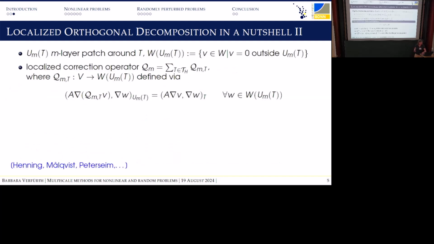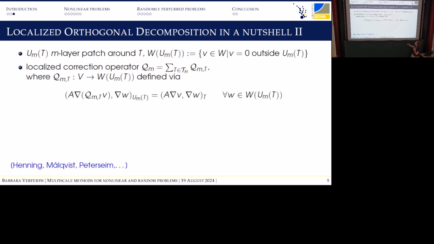So the localization procedure is as follows, and of course I should say here, this, what I present, is the kind of by now classical version of the localized orthogonal decomposition, going back to various people, a lot of them in the audience. And the idea here with the localization is again that we introduce patches, as you have seen in the previous talk. Here I don't name them Km but Um, and the T is the element from my coarse triangulation, and then I put M layers of elements around it, similar to what you've seen before.